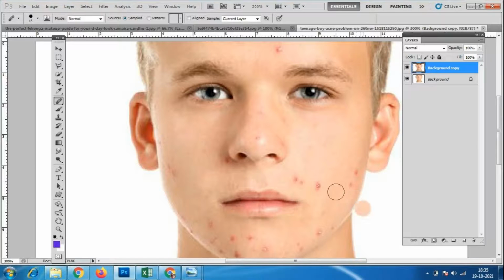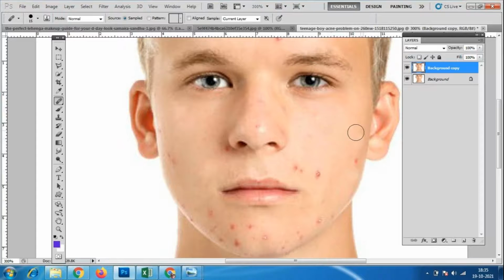Okay, so Alt and left click, Alt and left click. So here I can see the patches. Always place it near to that only, whatever things are there, only those things you have to place. Alt and left click. Okay, so now it is clear. Alt and left click, Alt and left click. So you don't see many patches over here.